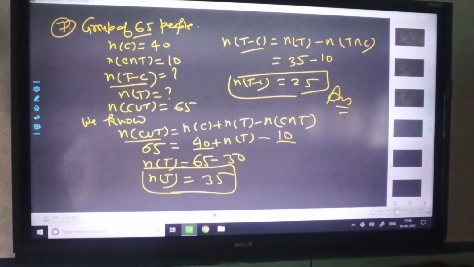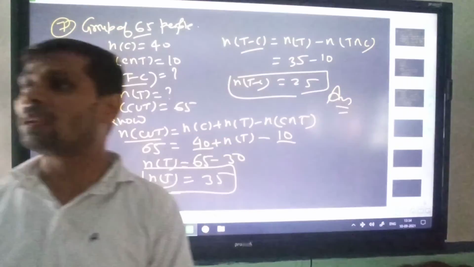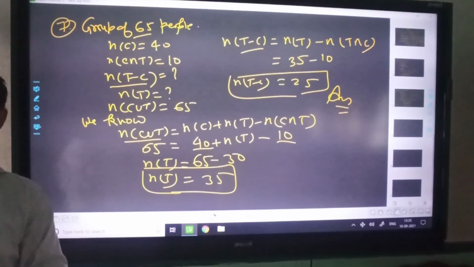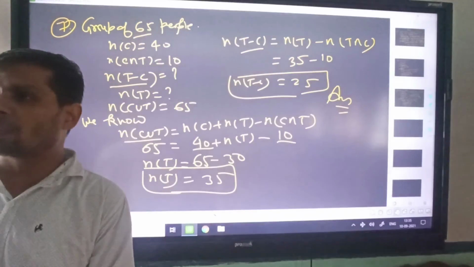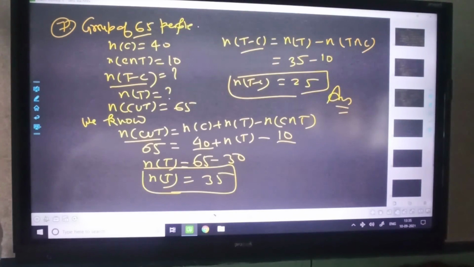Our school is adopting bilingual language, so we can speak in English and Hindi. Sometimes I speak in Hindi, sometimes in English, because you know Hindi or English. If you don't know English and I speak English, you cannot really understand me. In that case, it will be a problem for us. So I have pre-assumed that you know minimum one language.